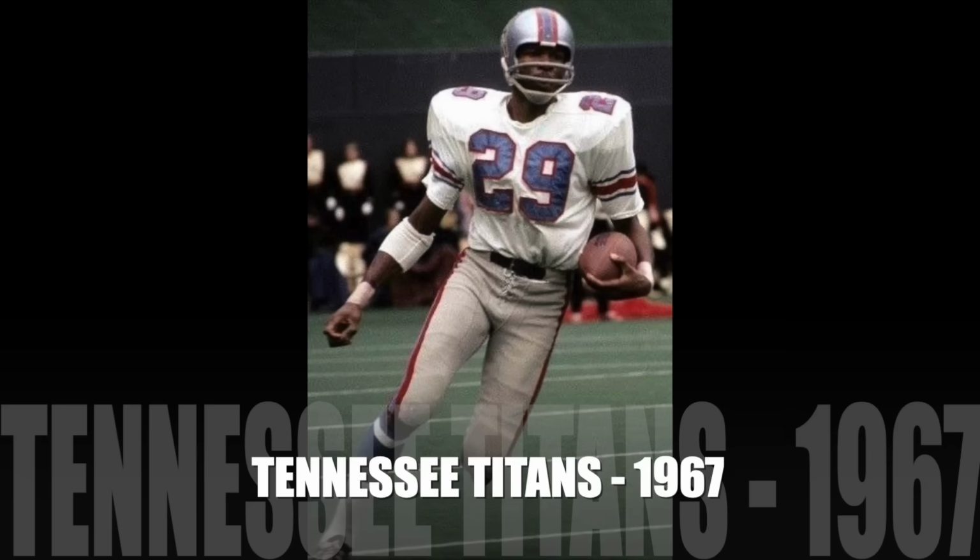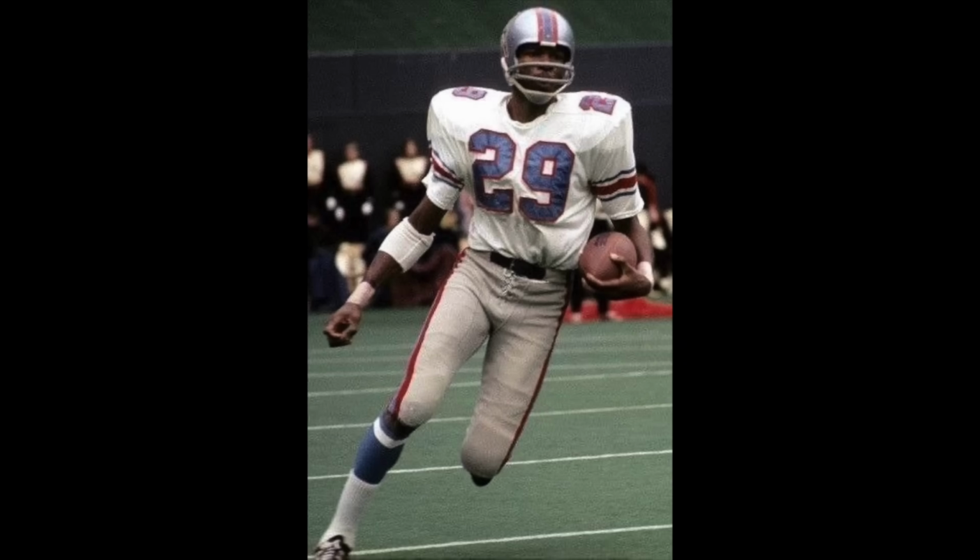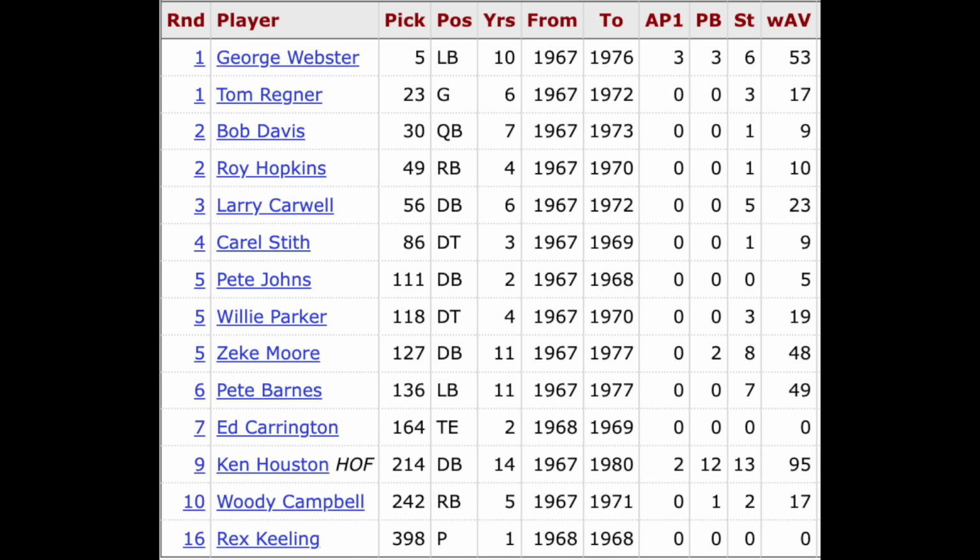Tennessee Titans, 1967. Now, obviously there were no Tennessee Titans back in 1967. They were the Houston Oilers, and the Oilers did well. Their first pick, George Webster, was a 3-time Pro Bowler and first-team All-Pro member at linebacker. They drafted Zeke Moore, who was a 2-time Pro Bowler at defensive back, but their best and crown jewel of the draft